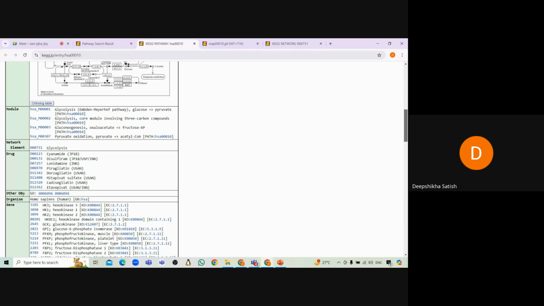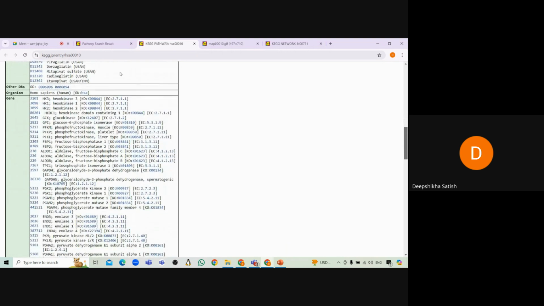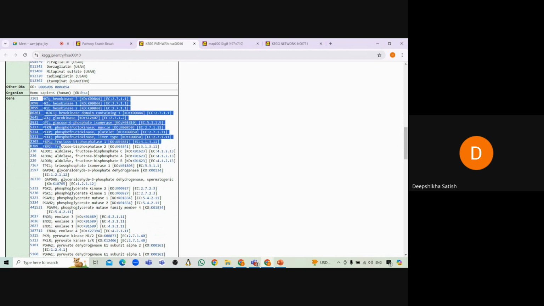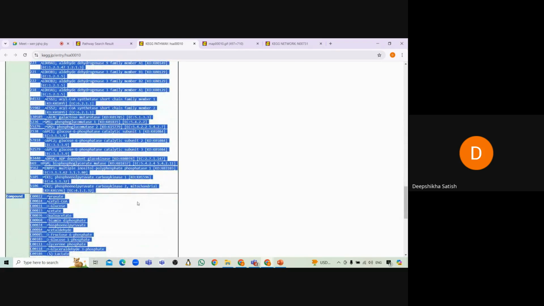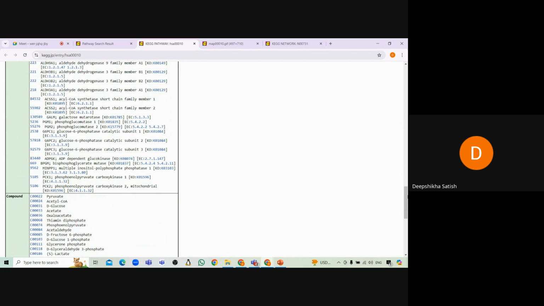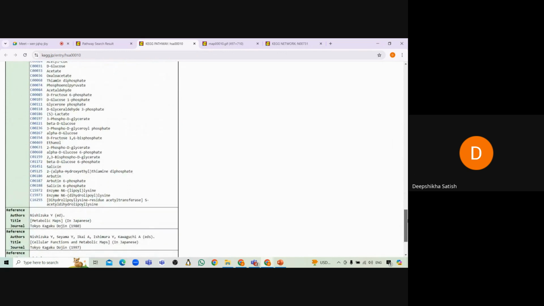If you want to see the information of the glycolysis pathway in other databases, the links of those databases are also given. GO is nothing but gene ontology. Organism, that is Homo sapiens. Then here you are getting the gene information, the complete gene information. Then what compounds are involved in glycolysis. Then here you are getting the reference, author name,